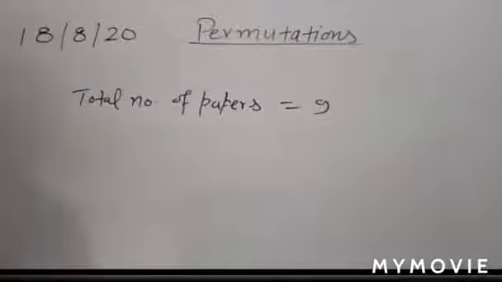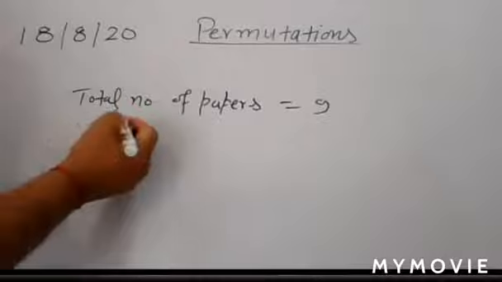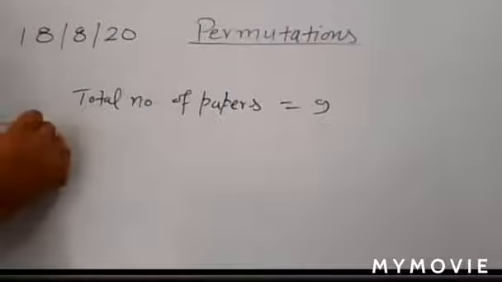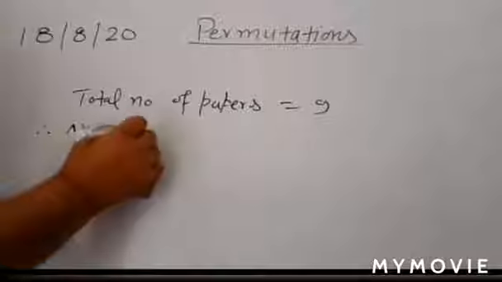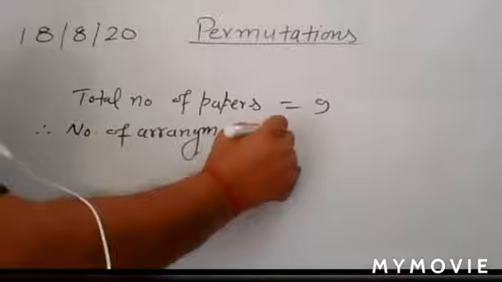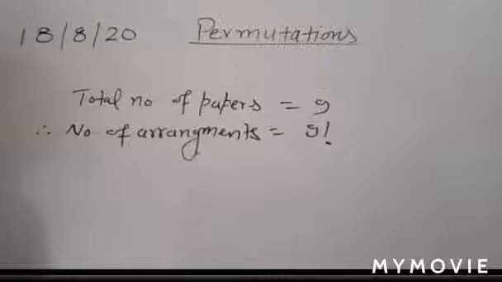Understand? Okay. So if you have a total of 9 papers, how many possible arrangements are there? So you can write, hence, number of arrangements is equal to 9 factorial. And you are trying to solve it. What is the value of 9 factorial? Now here you are trying to find the best paper and worst paper together,